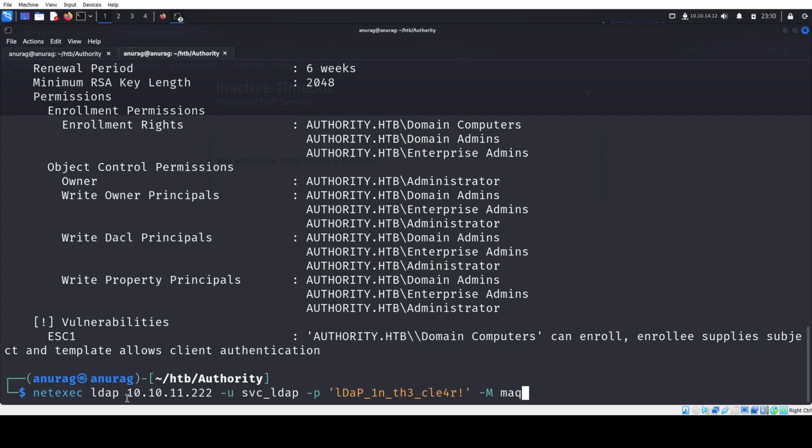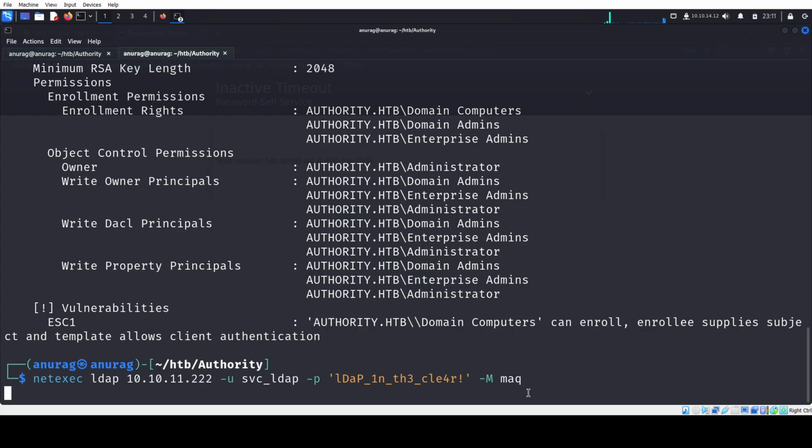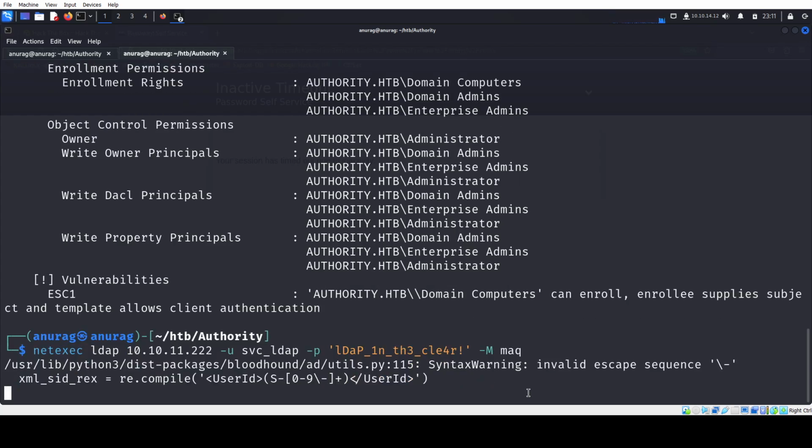We'll be using NetExec LDAP, with username, password, and the module MAQ. MAQ means machine account quota. Okay, since this is running,